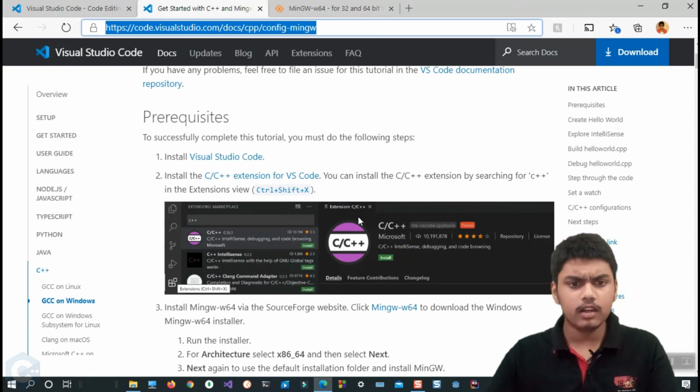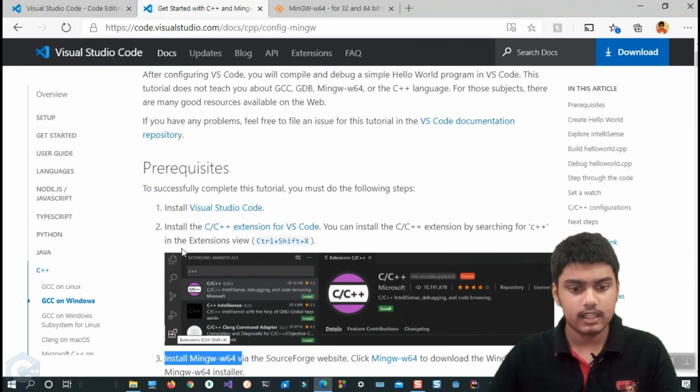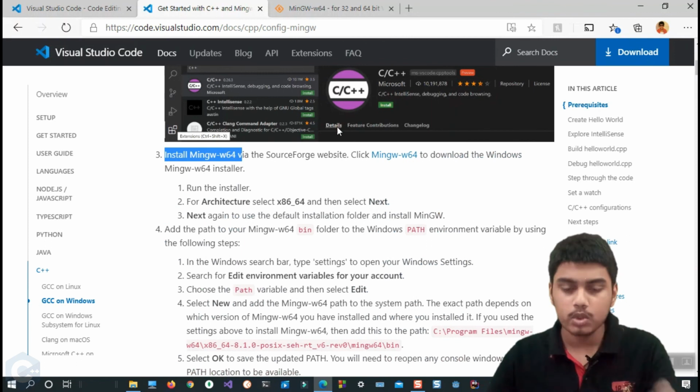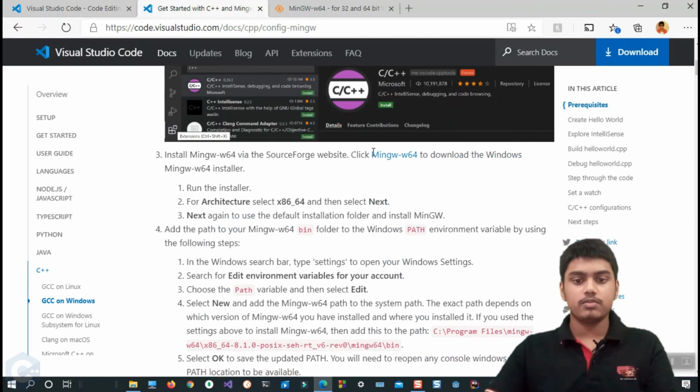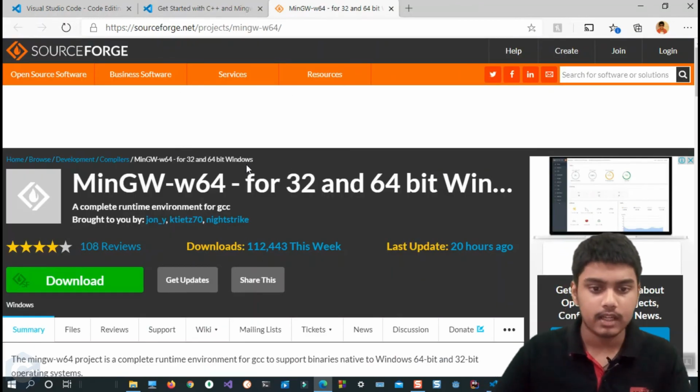Here on the prerequisites page, first we must install VS Code. We have completed that, and then we must install an extension for VS Code. As mentioned, install the C++ extension. We can do that later, no need to do that now. First we'll install the compiler, and after you click the link, you might go to this website and